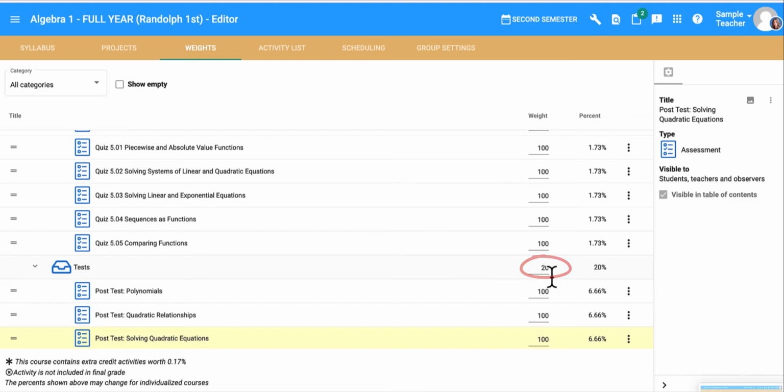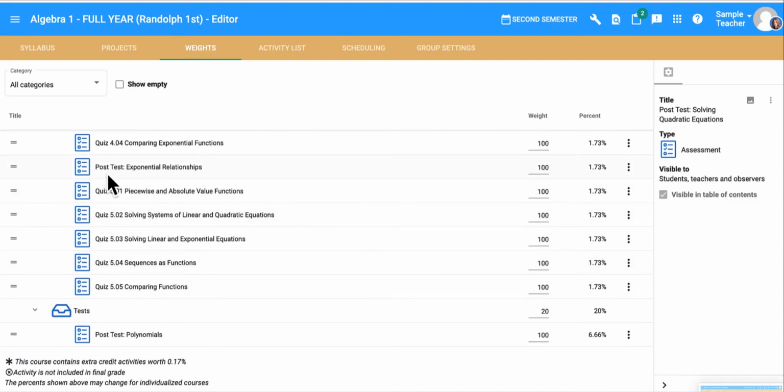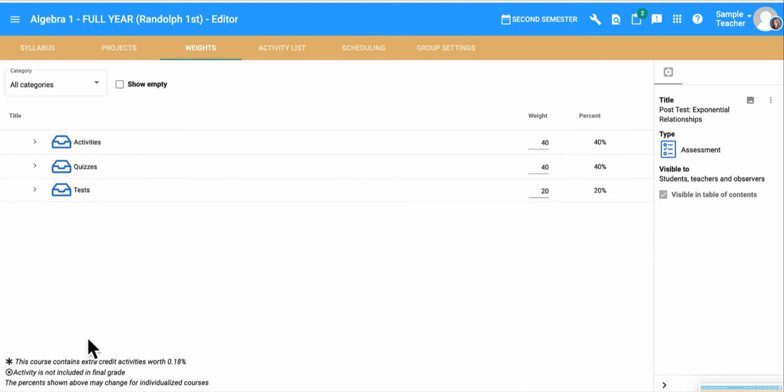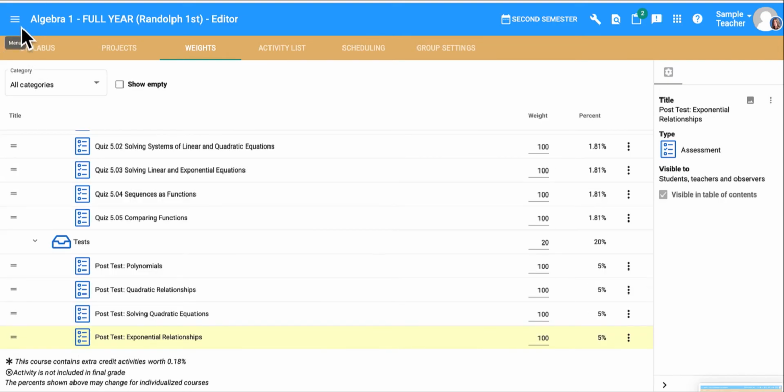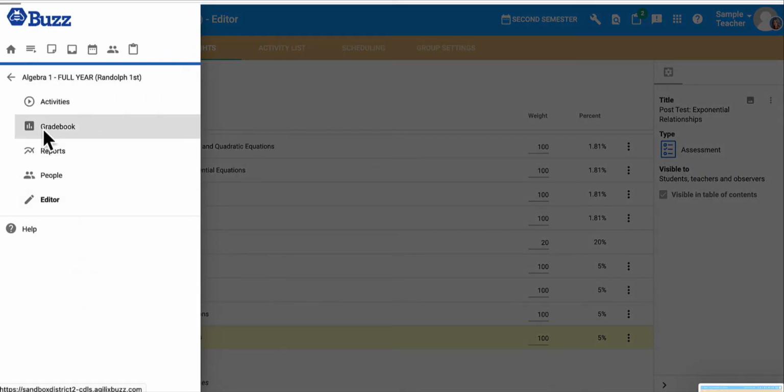the total 20% test. So just double check your weights here and your categories and look for things like post-tests that might be in the quiz category, and you just drag those to where they should be. All right, so another way to keep track of your weights is to go into the gradebook